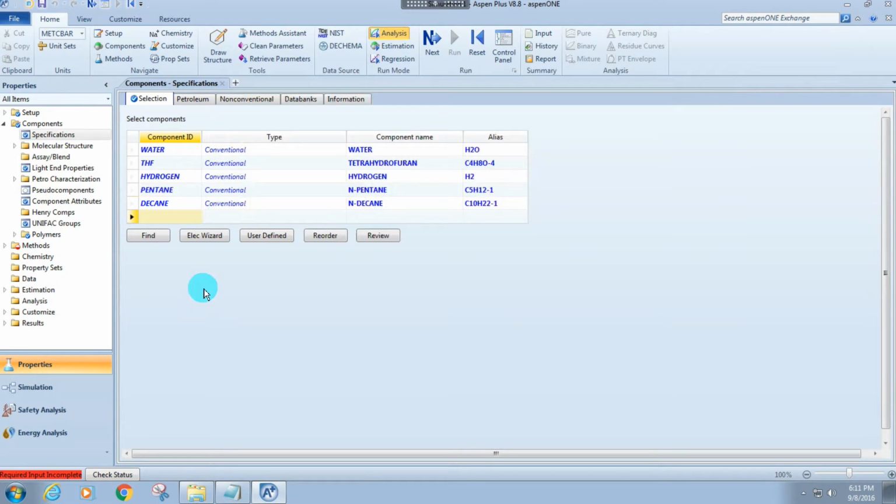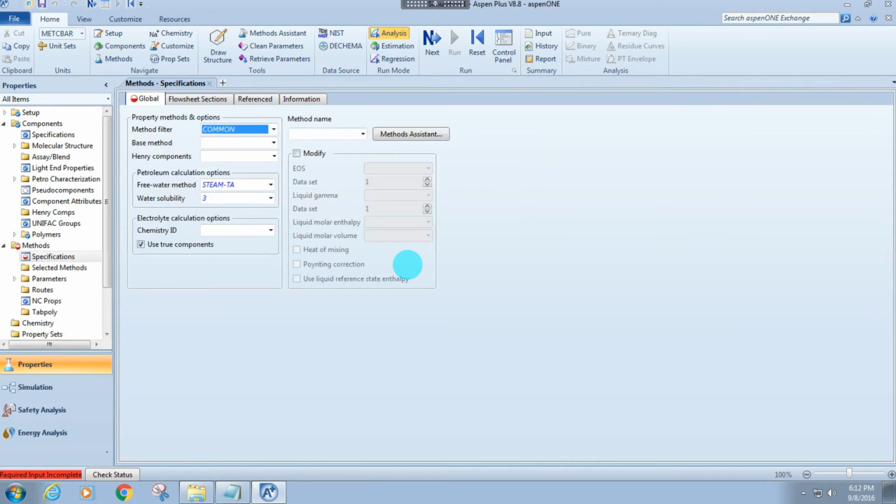Now, the shortcut key F4, the function key, will be your best friend if you're not familiar with ASPEN. It's the shortcut key for next, as you can see right here. Now, what next will do is lead you to the next interface page where you need to specify inputs. For anything that you do, if there are still degrees of freedom where it can't run the simulation, click F4 and it will specify what you have left out and what you need to put in to run the simulation. So when we click F4, it leads us to the thermodynamic package,